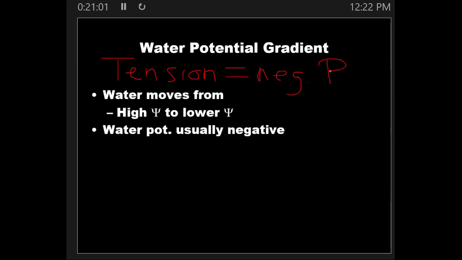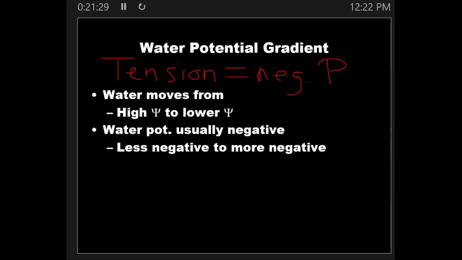Negative pressure. So when they're actually measuring things in the xylem and looking at how things are moving, they actually determine that you get negative values, which actually means you're dealing with negative pressure, which means you're dealing with tension forces going on in the xylem. And so because you're on a negative scale, negative numbers and a negative scale,